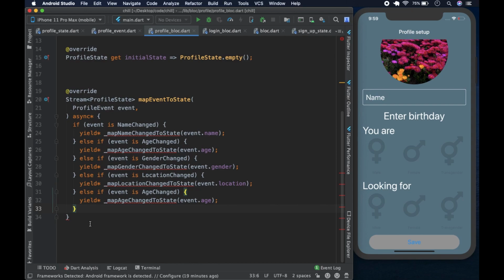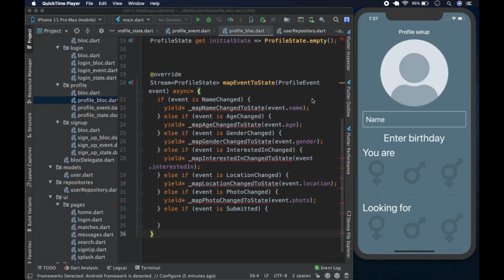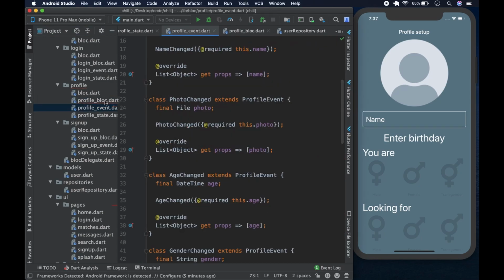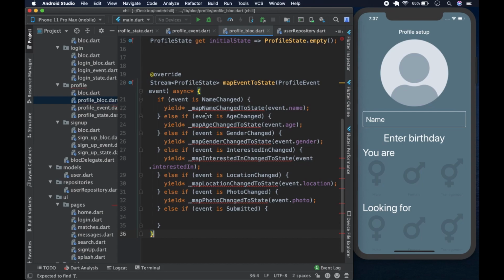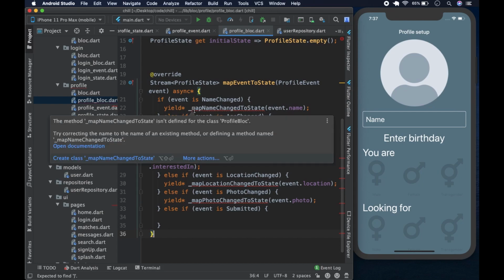Okay, let me just sort it out. Now we've created the various events. I just finished them up, just the events as you'd expect them. And the events are name changed. They're basically the events from the profile event, if you can check. So it's the name changed, and then we create a function, map name to changed, which we have not yet